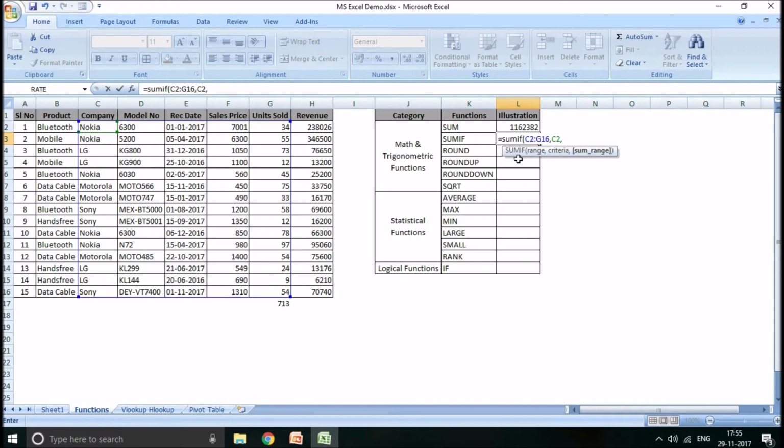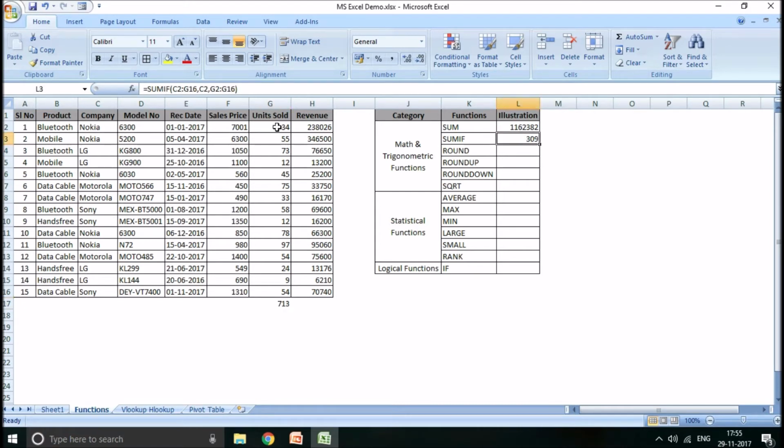So now you have to give the sum range. What is the sum you are expecting? You want the sum of the units sold. So select this entire range. Then close the bracket and enter. Now the total units sold is 713, but 309 units of only the Nokia brand is sold.